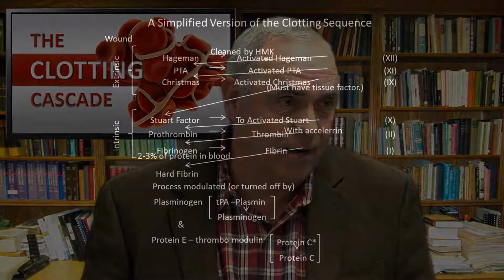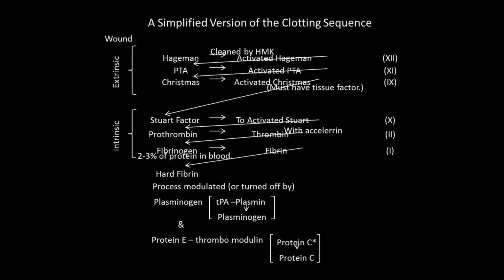Like I said, when I was in medical school in the dark ages, yes, they knew how the clotting cascade occurred. They know more about it now than they did 30 years ago, I'm sure. But this was the bane of our existence, memorizing stuff like you're going to find today in medical school, memorizing the clotting cascade. Now, when you look at the clotting cascade, I want to explain a few things,